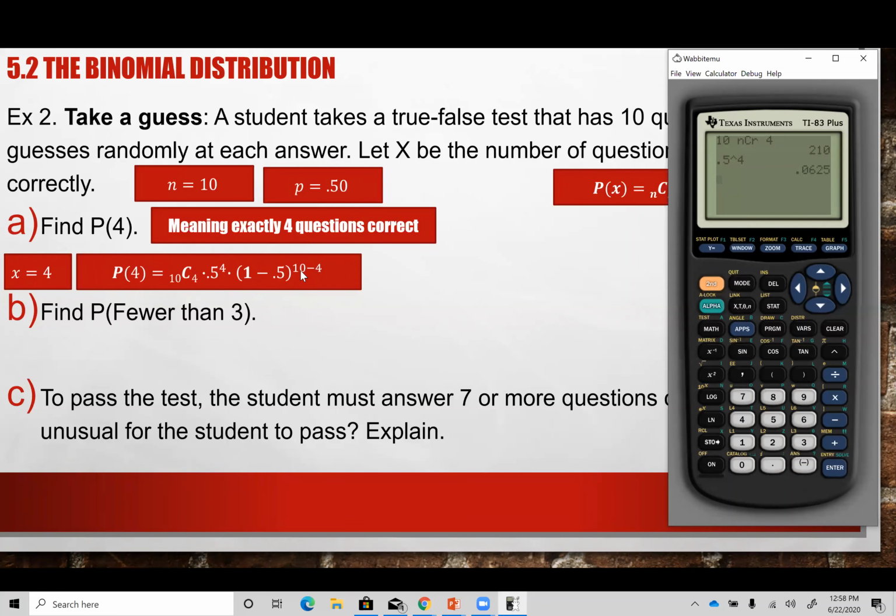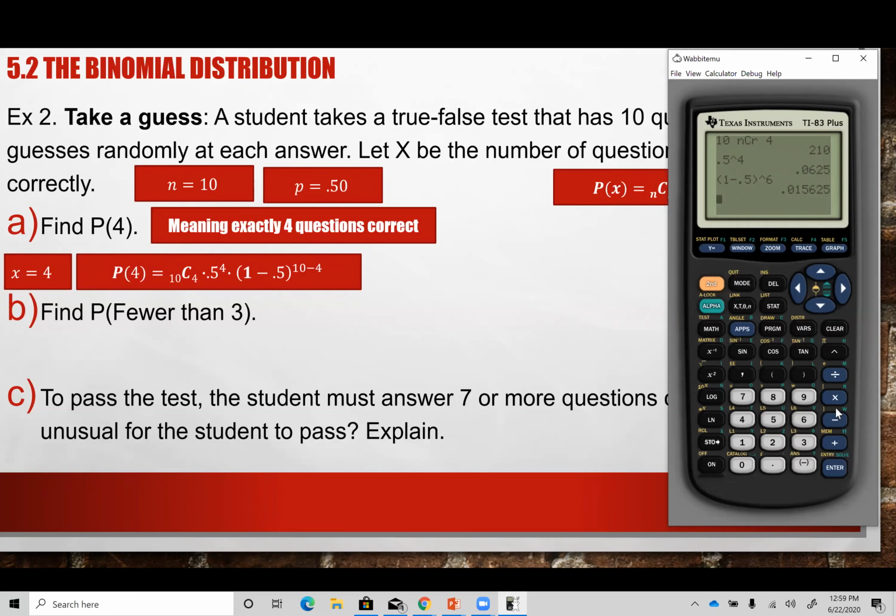And again, everybody see that 10 minus 4 will give me, this is what I have, I can say 1 minus 0.5 raised to, what is 10 minus 4? Well, 10 minus 4 will give me 6, so I can type in 1 minus 0.5 raised to the 6th power. Those are the 3 numbers I have: the 10C4, I have 210. 0.5 raised to the 4th power, I have 0.0625. And 1 minus 0.5 raised to the 6th power, I have